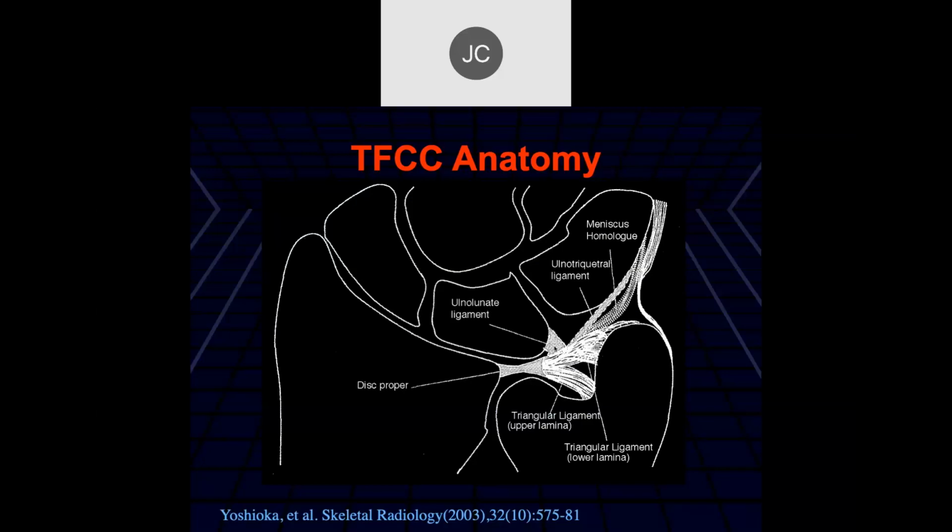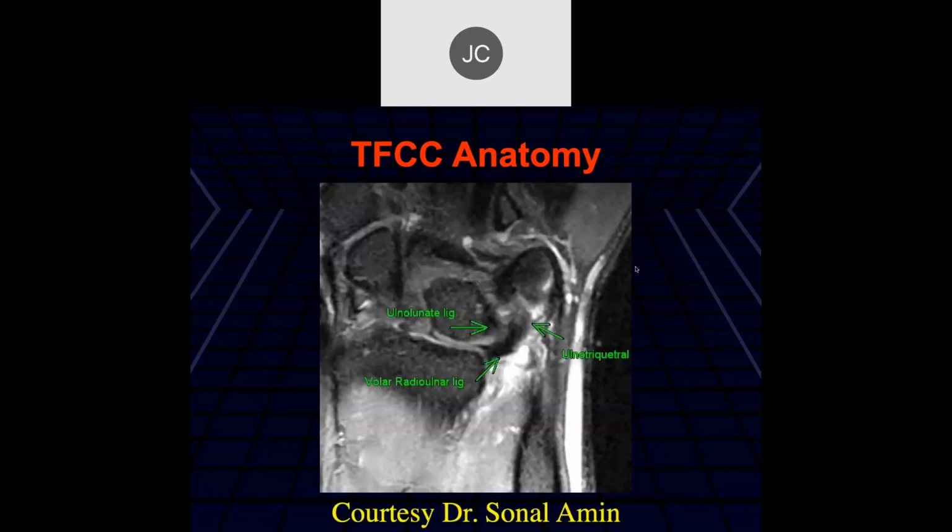There's the ulnar lunate ligament attachment, which are dorsally and volarly, part of the capsule of the joint. If any of those are torn, it changes the type of injury to a type C. And then you've got the lunotriquetral ligament also, which would change it. And then the meniscal homologue is a kind of ill-defined soft tissue, fibrocartilaginous, mainly fibrous tissue going distally in this location. Now, if we look at MRI,